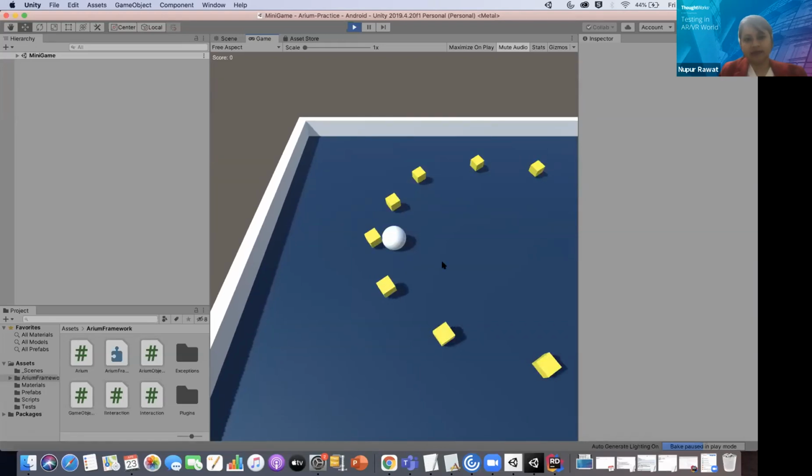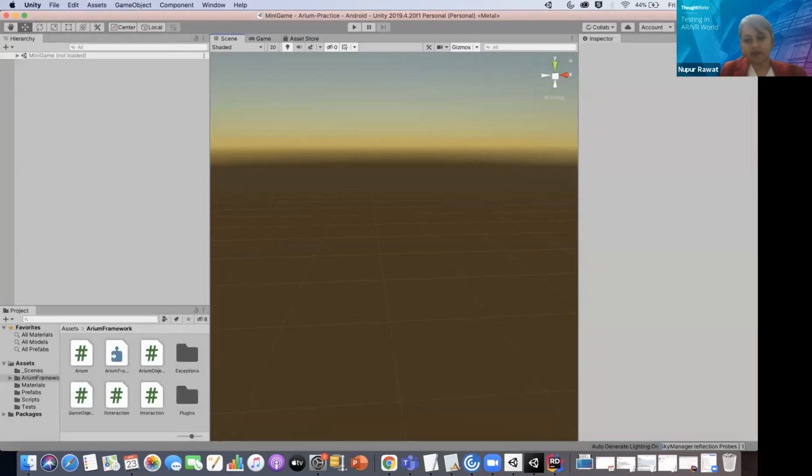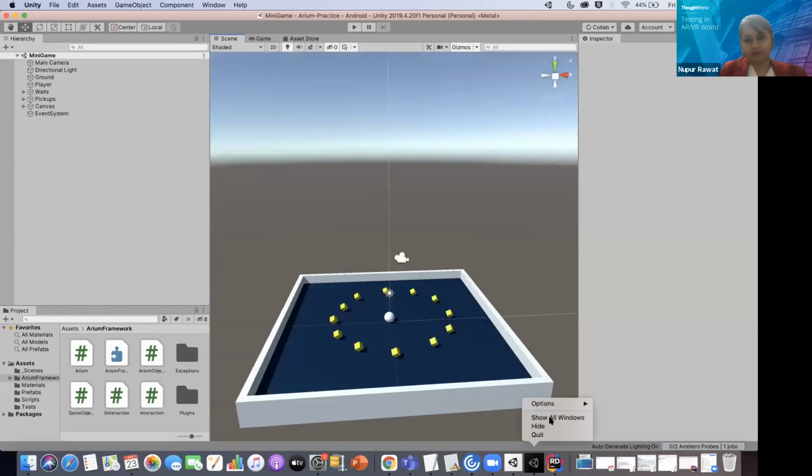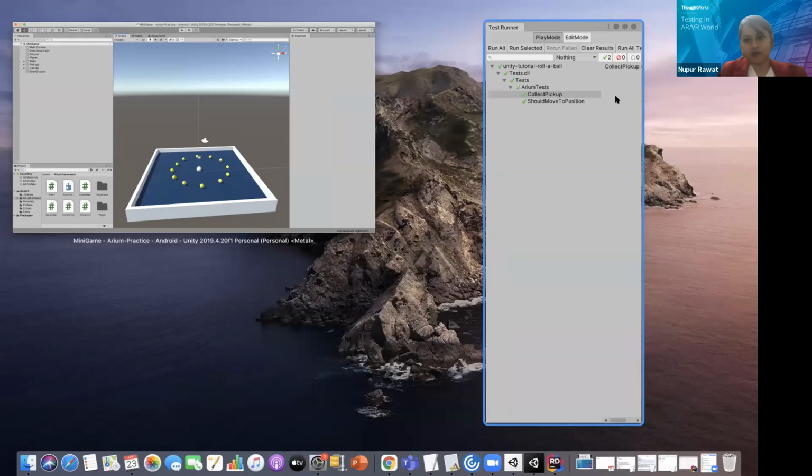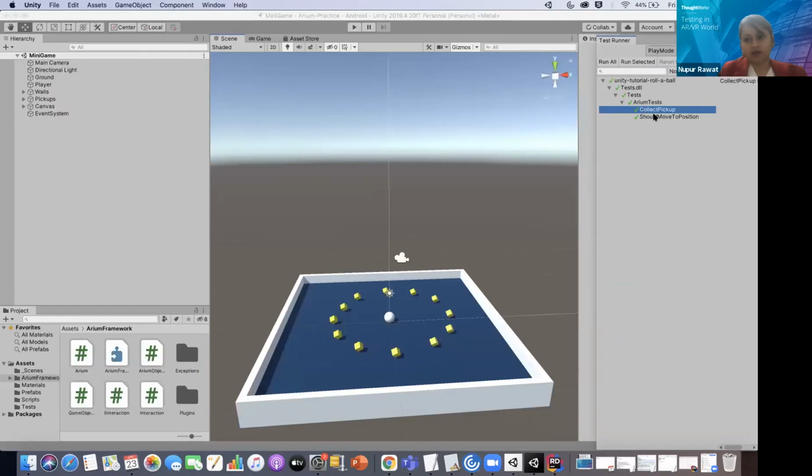So it has collected and it went off. And if I see my test result, it will show me that it has passed. My collect pickup test has passed.